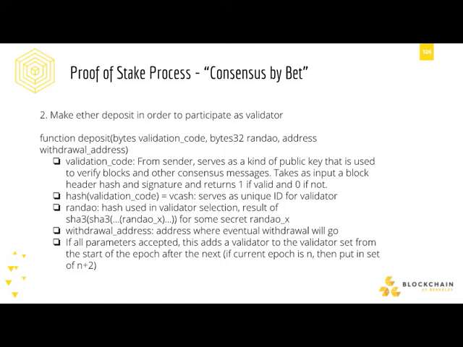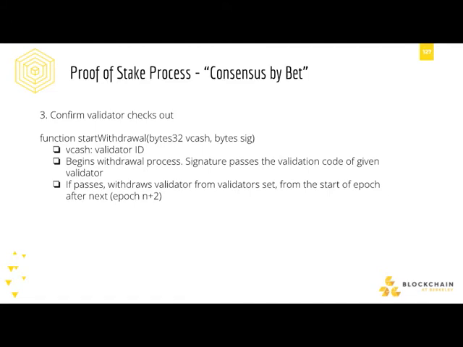The second step is making the Ether deposit in order to participate as a validator. All the validators included in the set have to offer a deposit. They have to offer a validation code that acts as a kind of public key, but later on in the process. The hash of this validation code is used as a unique ID for them, and this is a unique ID that's used consistently through the process, but also on the blockchain as well. Then you have a withdrawal address, where the deposit is sent back after you've either successfully gotten the block or unsuccessfully. This is where the money is returned to. So that's important.